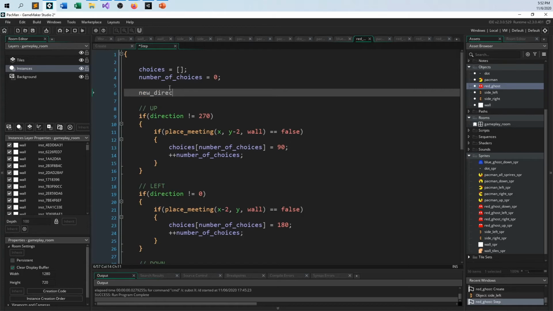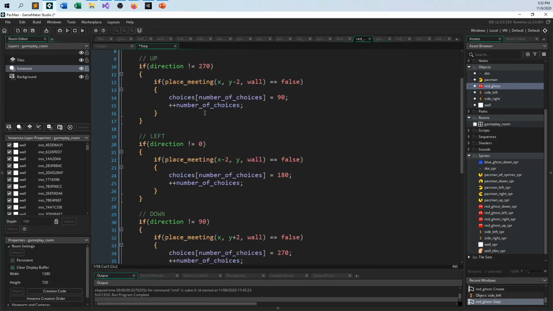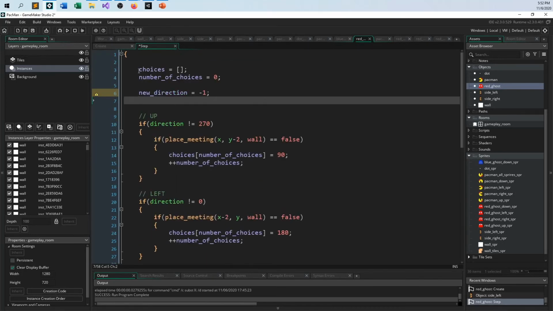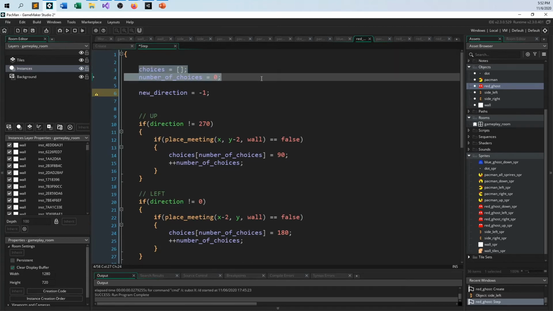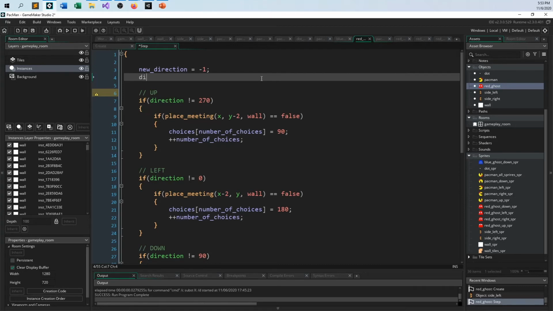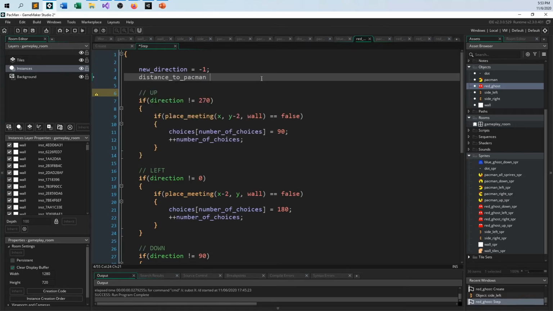And I can say new direction equals -1, just in case. And remember down below I talked a couple minutes ago about the fact that this number of choices could be greater than 0. I don't actually need these choices and the number of choices anymore, because this new direction is going to handle it for me. And then the distance to Pac-Man